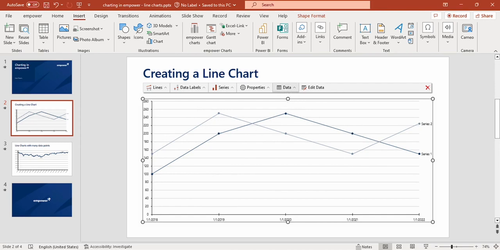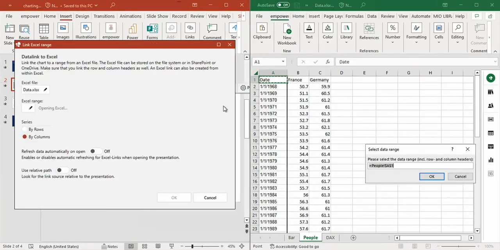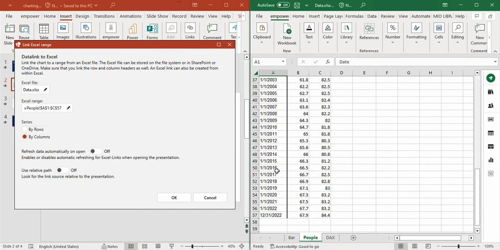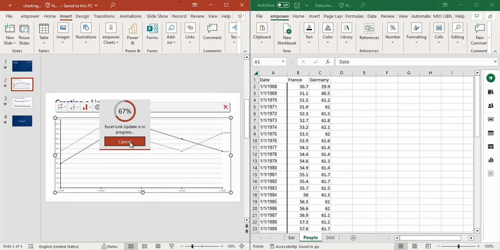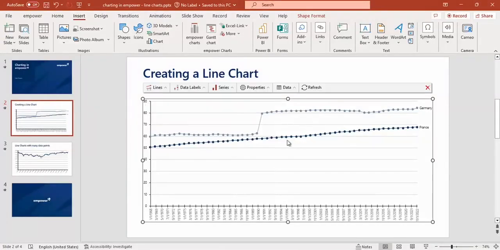Then I could link this chart to an Excel file with all of the required data. If you'd like to get extra information on Excel links, you can find it in a separate video that we created. I'm going to select the range that I want to use for my chart in this Excel file that opens up. Press on OK. Then press on OK right here. And as you can see, the Excel link is created and all of the data points are inserted into my